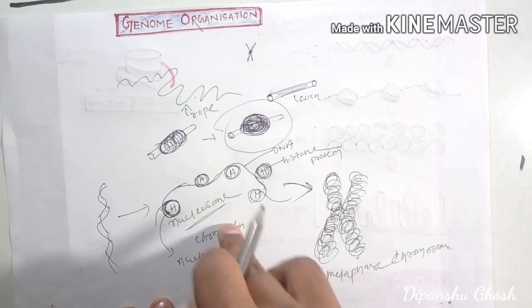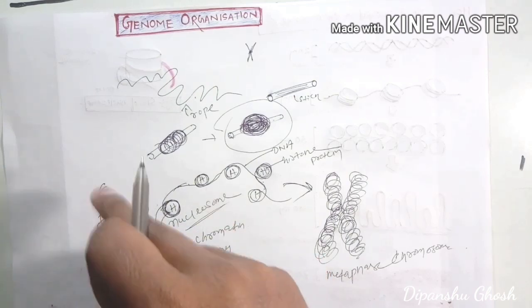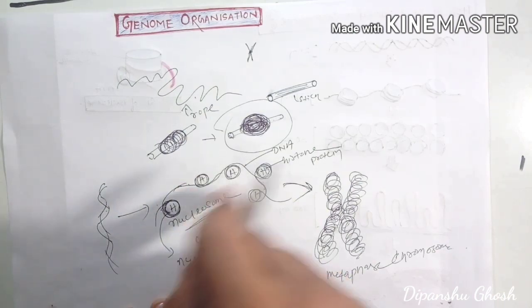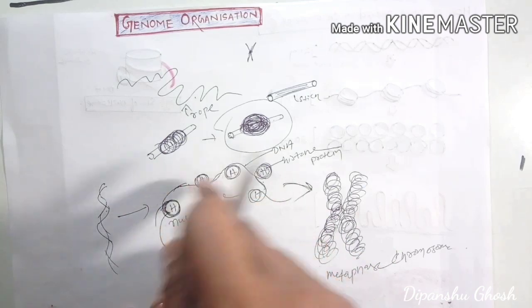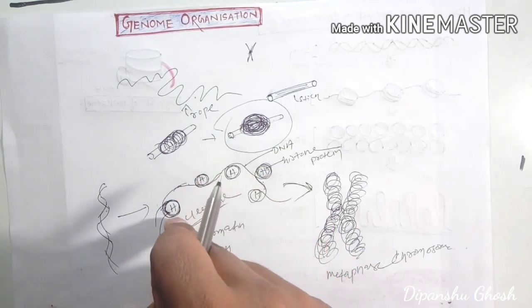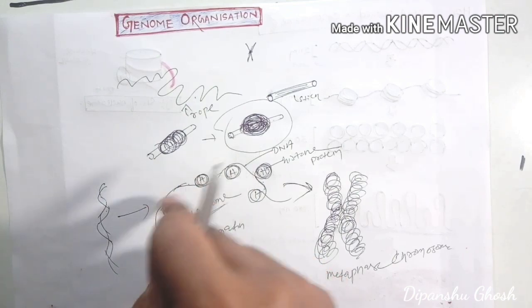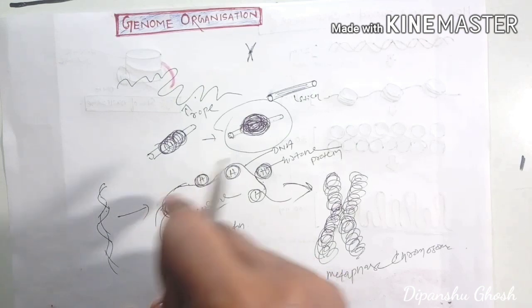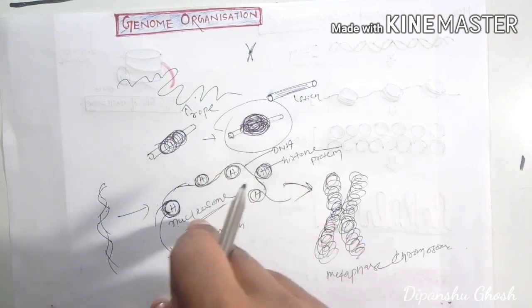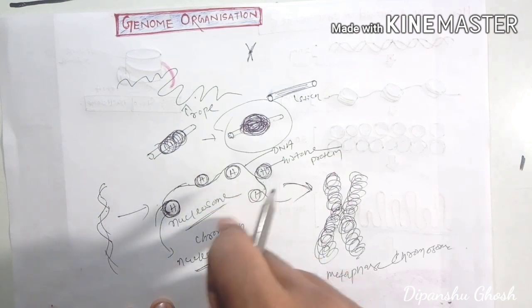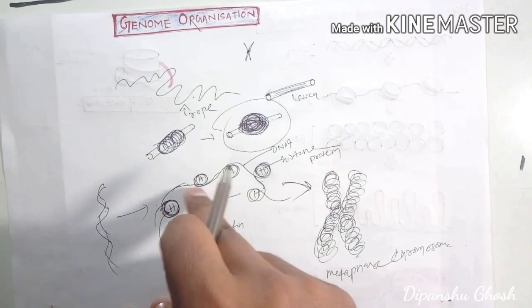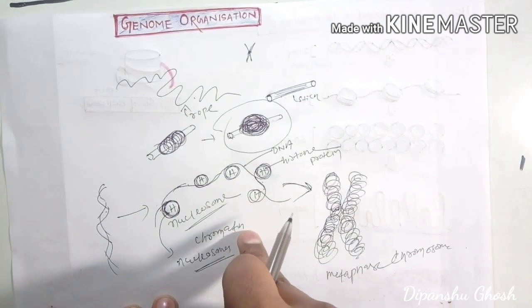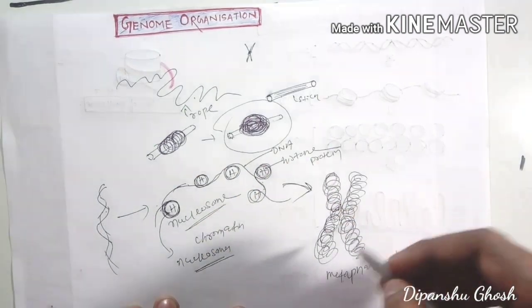So we see here that we had a long strand of DNA. Now what have we done? We have shortened the length of DNA by using proteins like histone proteins, which have given some surface area over which the DNA molecules have wound around, and finally they have formed a complex structure containing both histone protein and DNA. This composite structure is called chromatin. And finally, the chromatin will be condensed further to form a metaphase chromosome.